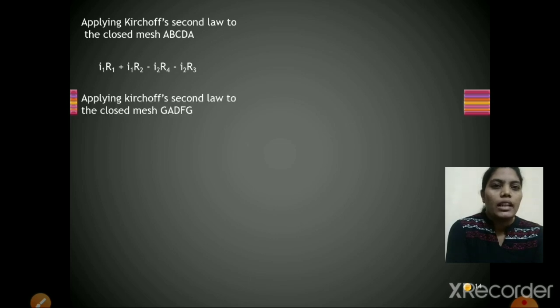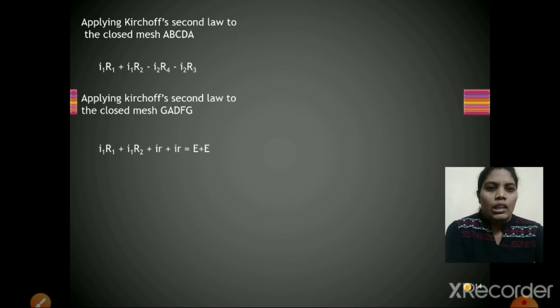So using sign convention, I1 R1 plus I1 R2 minus I2 R4 minus I2 R3 is equal to 0. And why are I2 R4 and I2 R3 minus? Because the current flow is opposite to the direction of the loop